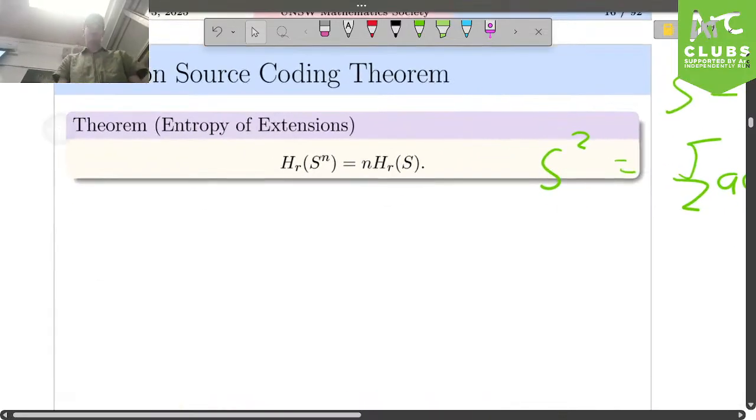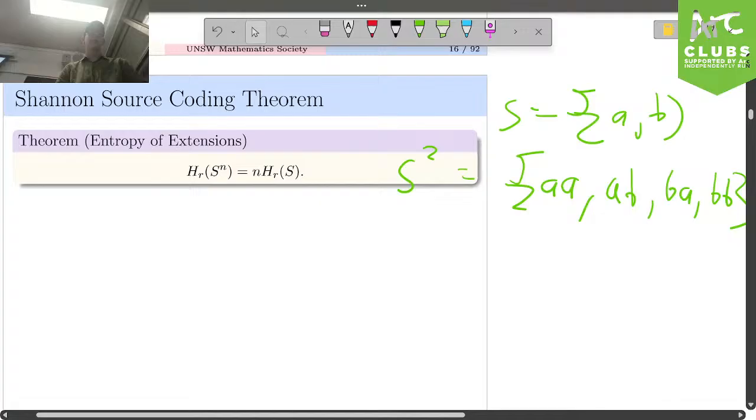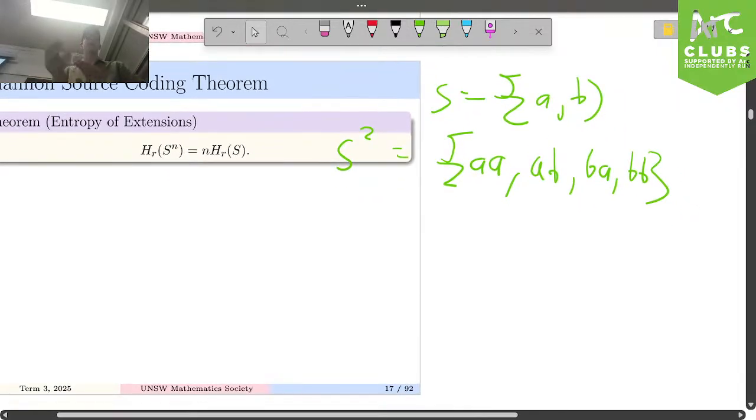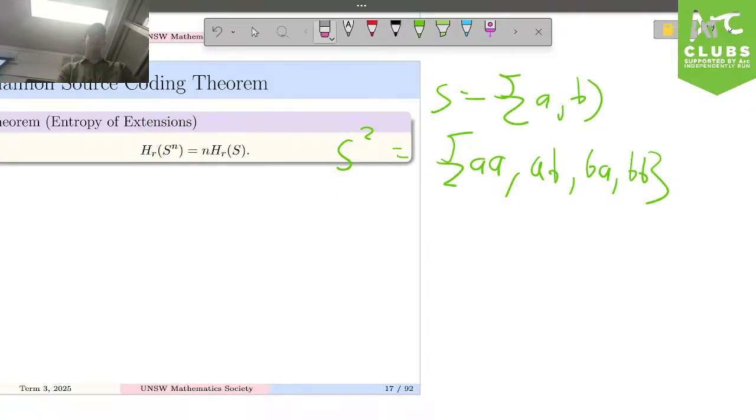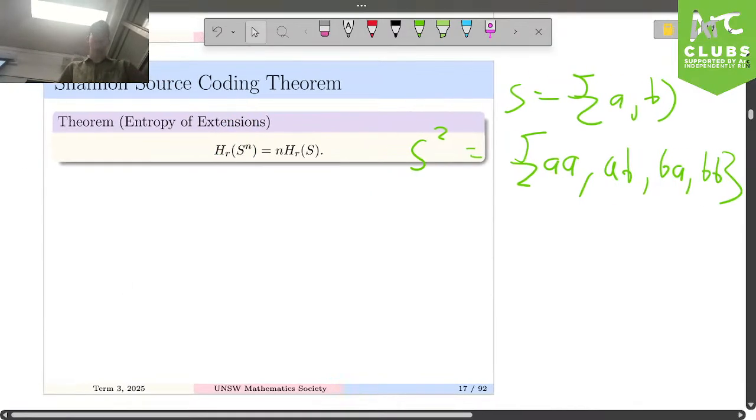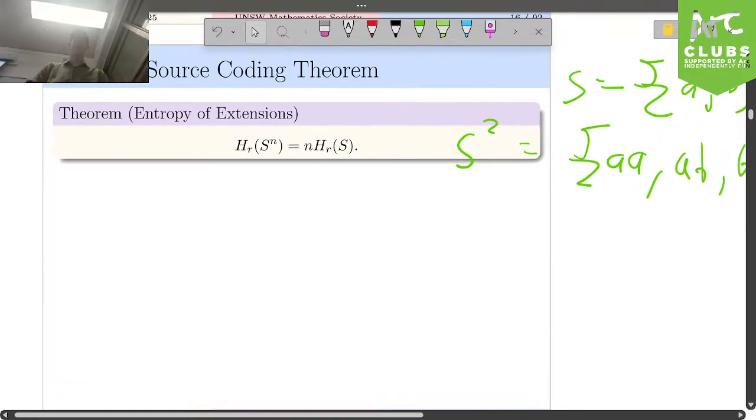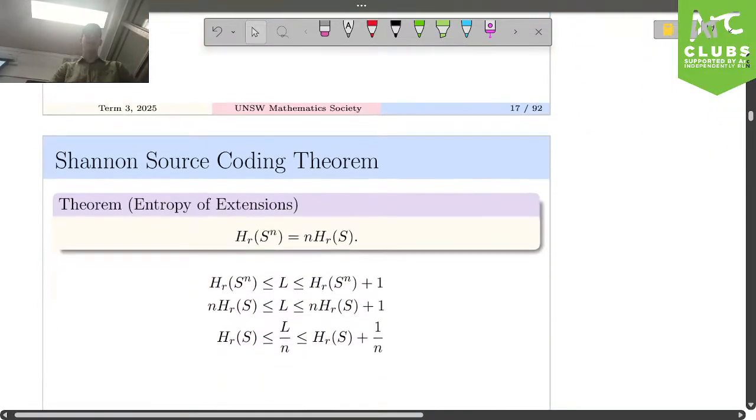And the nice theorem here is that when we make the extension, then what turns out to happen is that for that extension code, our entropy is going to be n times the original entropy, which hopefully makes sense in terms of logs, because you can kind of cheekily say, oh, the n would just go out, log floors. But yeah, the proof is a bit more technical than that, but that's the essential idea.